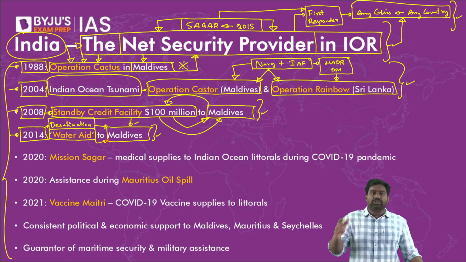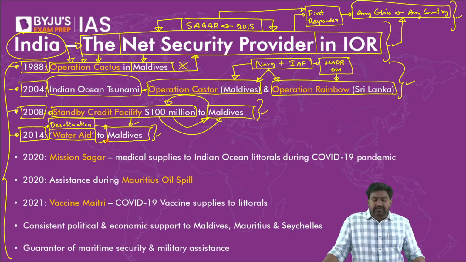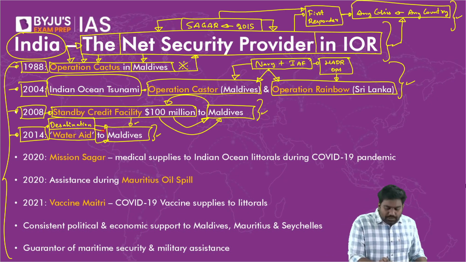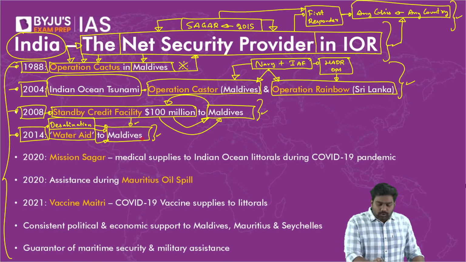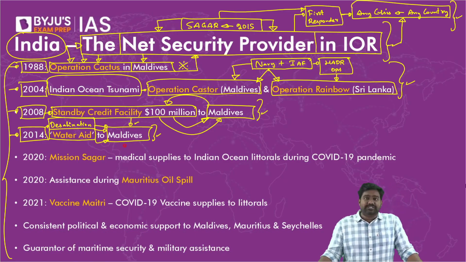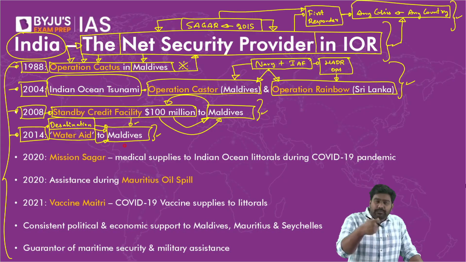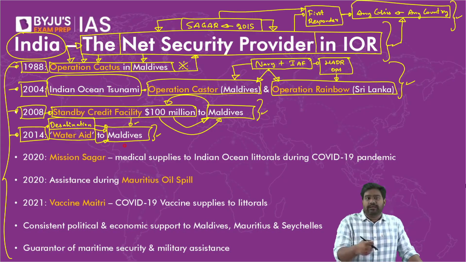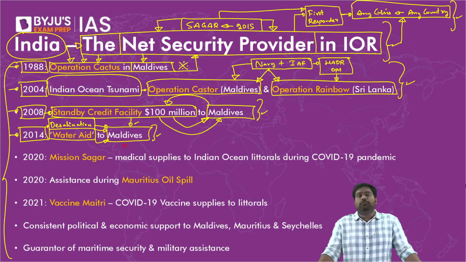Very critical water shortage was reported, and immediately India responded with water aid. Indian naval ships carried potable water, drinking water, to help Maldives overcome the crisis, and we also helped in repairing this plant, the desalination plant, and normalcy was brought back to Maldives.